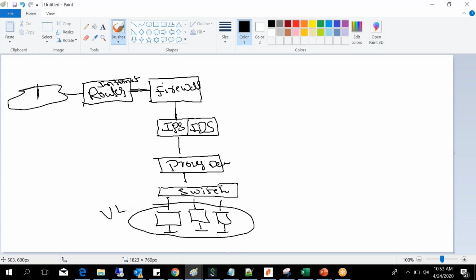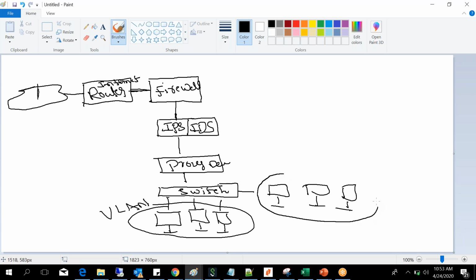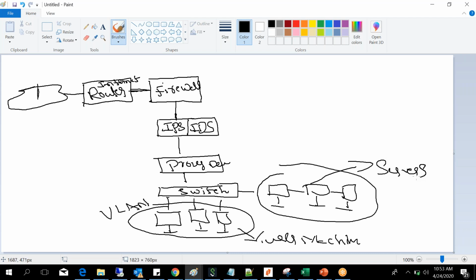This is one VLAN, and here we have another. Here are all user machines, and here these are all servers.